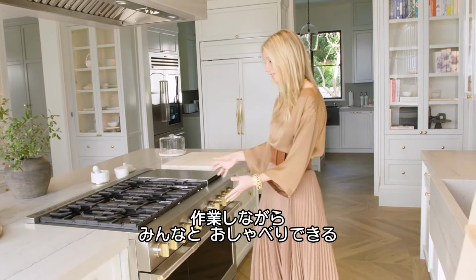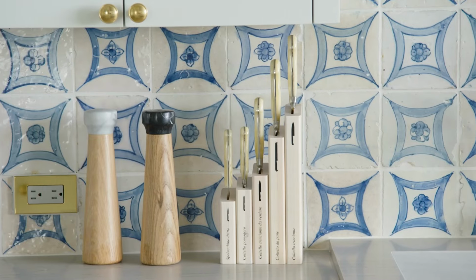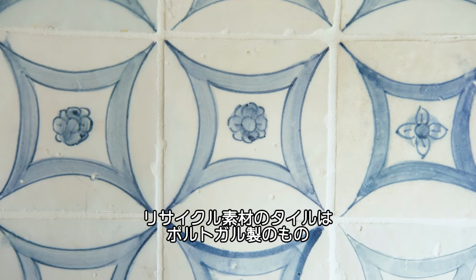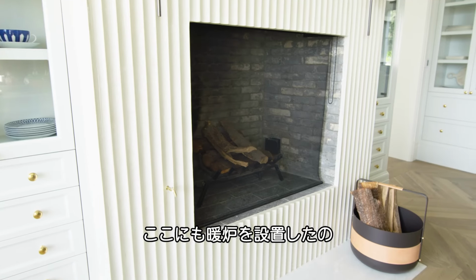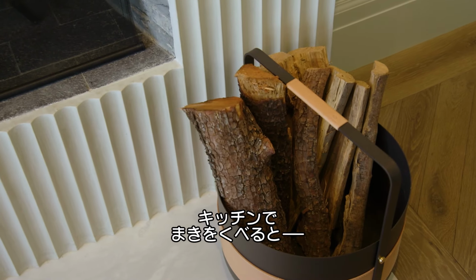So when it's like this, you have the opportunity to cook and chat with people. This is Portuguese tile. It's reclaimed tile that Robin from Roman and Williams found. And I just look for those little elements to kind of bring some texture and some homey feeling in. We also put the fireplace in, which is such a luxury to be able to have a wood-burning fireplace